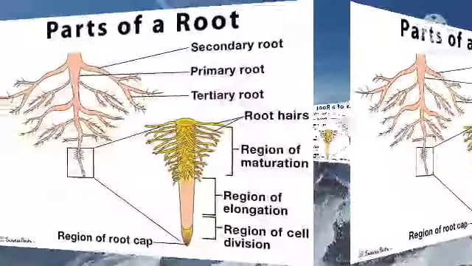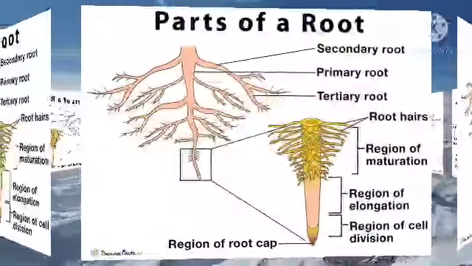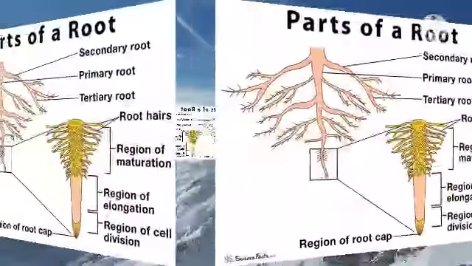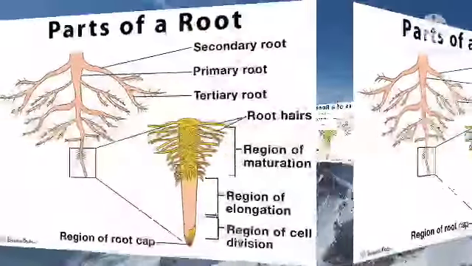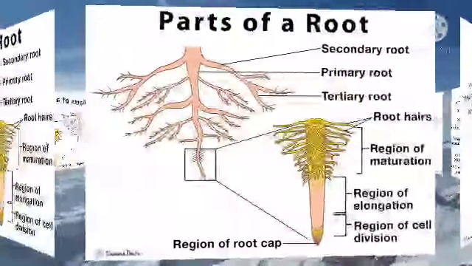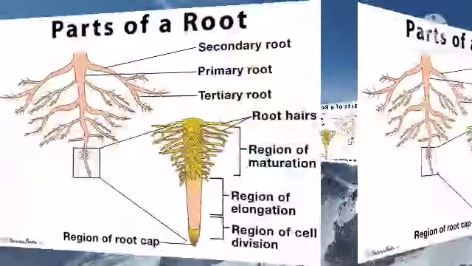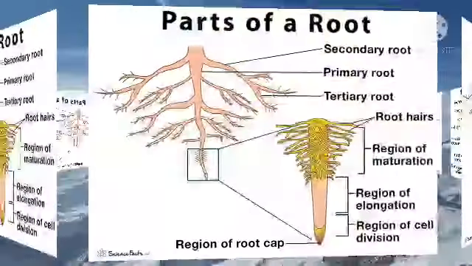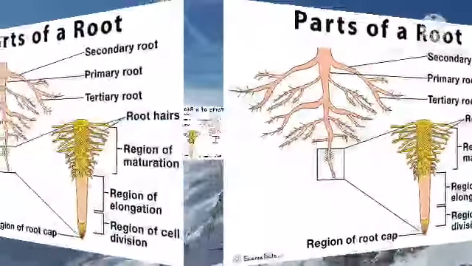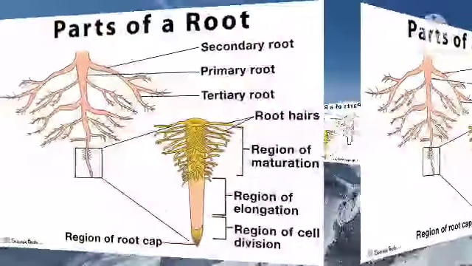So today we'll study about the root of a plant. Root is the descending underground part of a plant. You all know that a root is an underground part, not a part above the soil. It is buried inside the soil. In all plants, the root grows in soil.